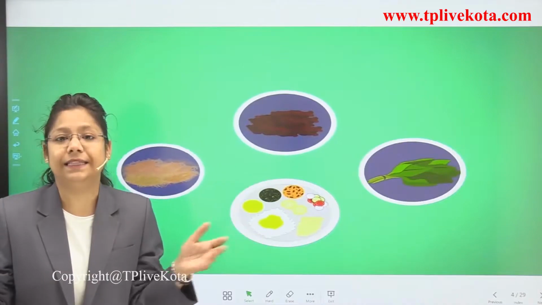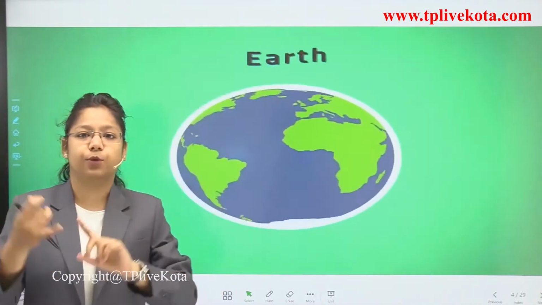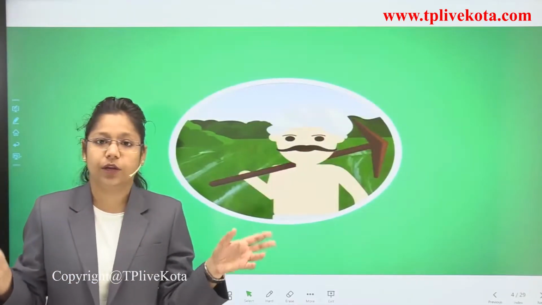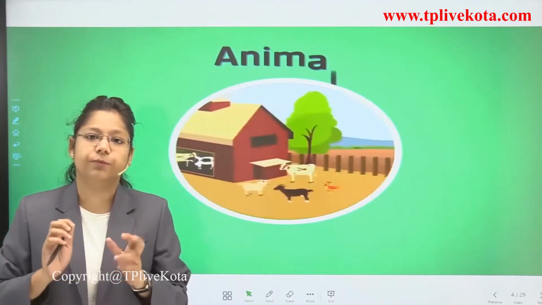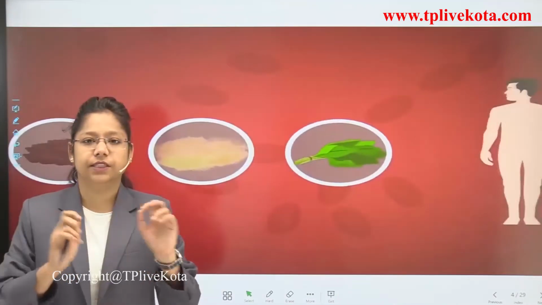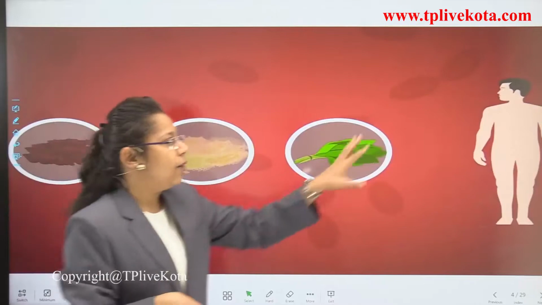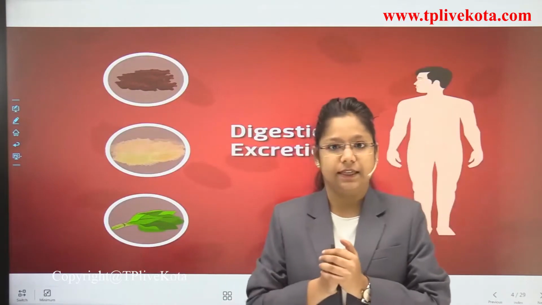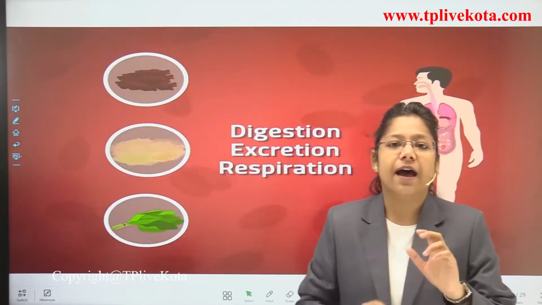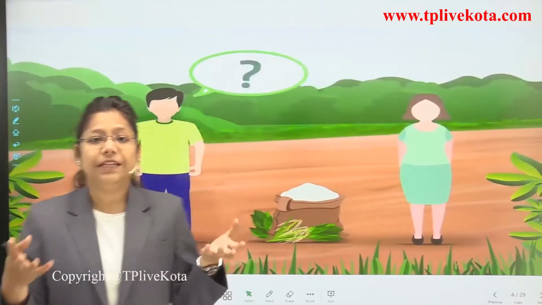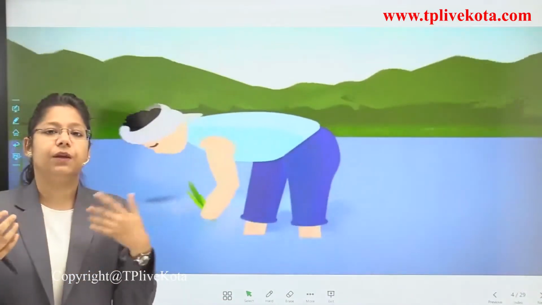We require a balanced diet. In a balanced diet, we count the proteins, the vitamins, the carbohydrates, everything. On our earth, we grow the crops, and the crops are the basic necessity of a human being, because they are rich in fibers, vitamins, minerals and everything else. A human body requires a balanced diet in which all the things are necessary for complete digestion and the production of energy. So what is the basic requirement we need? The basic thing we need is the crop. A crop may be like wheat or maize.